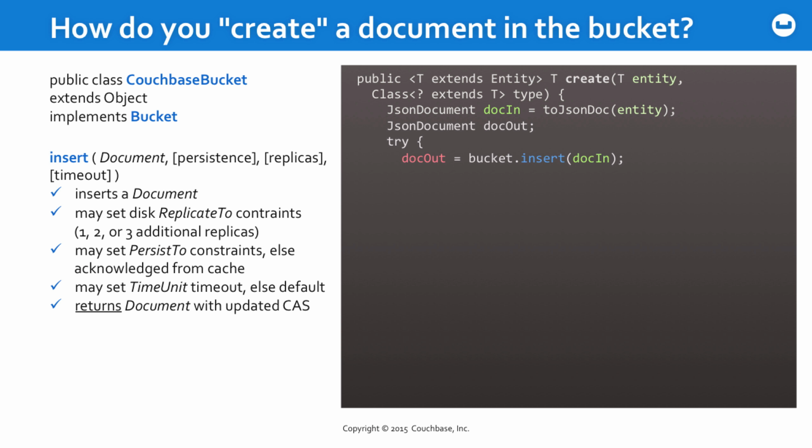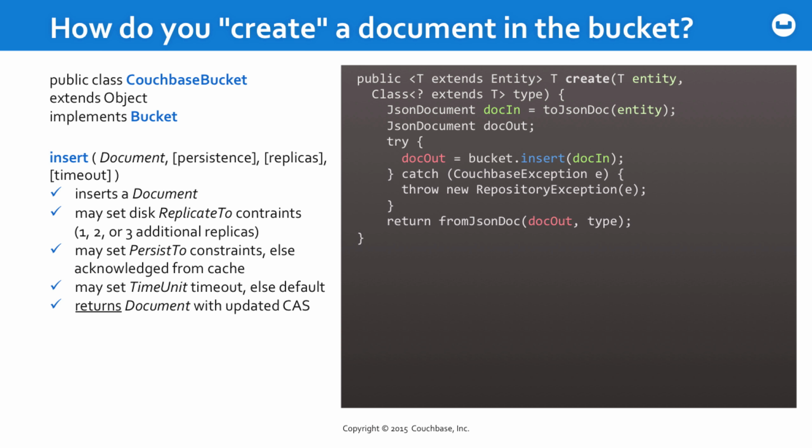So you pass that to the insert method, and as we said, that's going to return a new document, a copy of the inserted document, but with the updated CAS value, the updated check and set value. And then, as we've said, you can capture exceptions of various sorts here, and then that document, again coming back as a JSON document, might need to be converted back into your local representation, back into your local POJO, and so it could get passed back to a reverse conversion